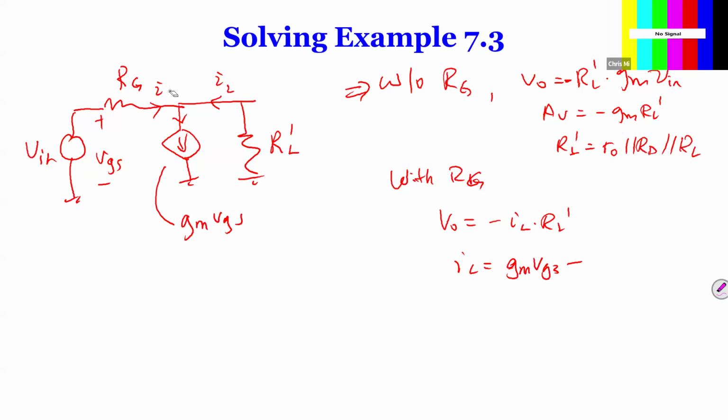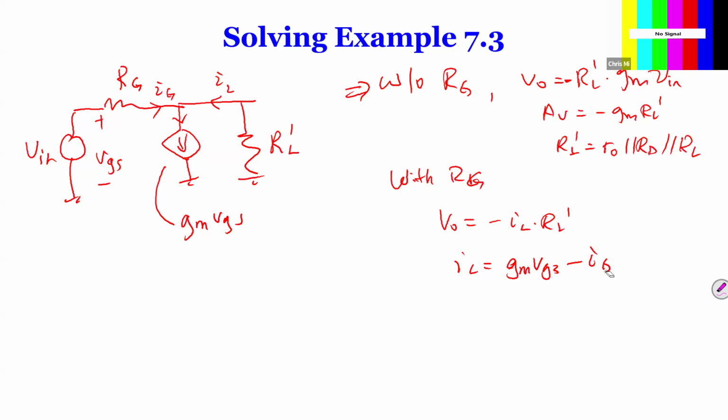Let's call this IG. So it will be minus IG, right? So what is IG then? How can you find IG? VGS divided by RG? No,